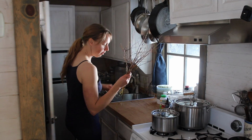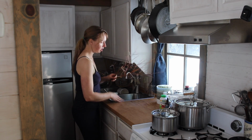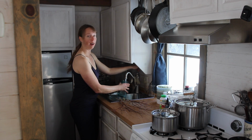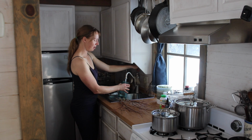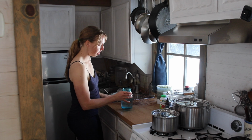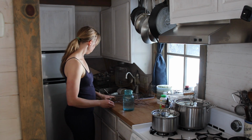So, I'm back from our little hike. It was almost 40 actually by the time we got back, so it has gotten warm compared to most of the winter. That's the warmest it's been in many months. So, I'm just going to use one of my little jars. This is an antique one that I don't remember where I got it. I think somebody gave it to me. And I like to use it as a vase. And I want